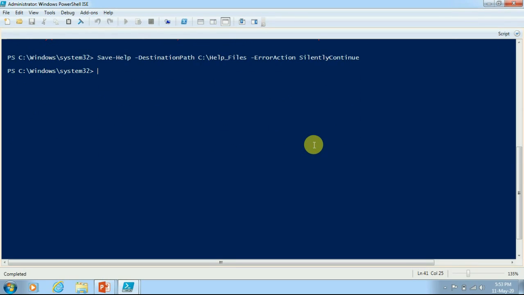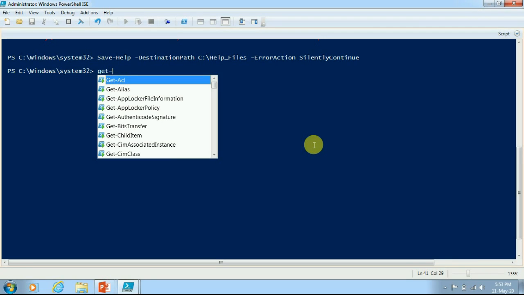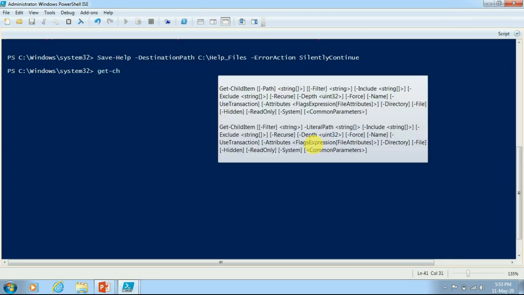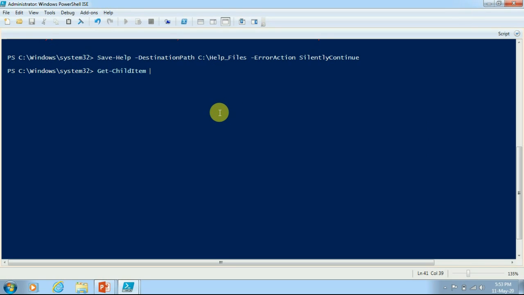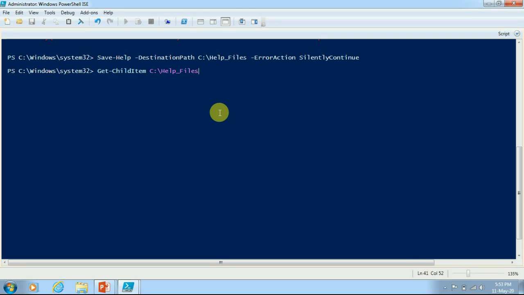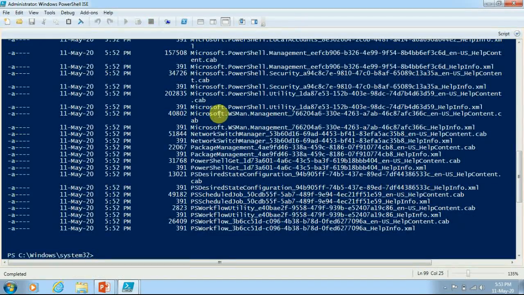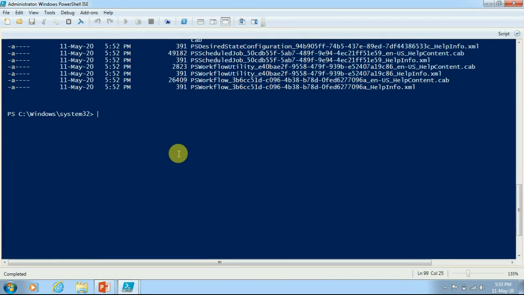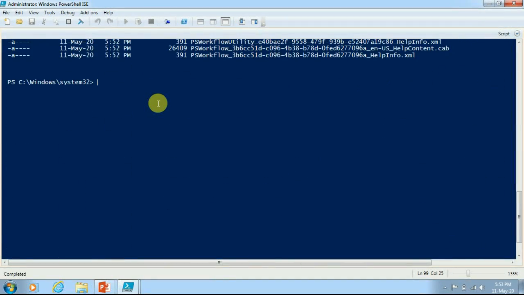Now it's time to verify whether all files have been downloaded or not. There is one cmdlet called Get-ChildItem. We will be verifying the folder, the help files folder. If I execute that one, you can see that there are 553 files and now it has downloaded all the files. So now we have downloaded the files into a folder.